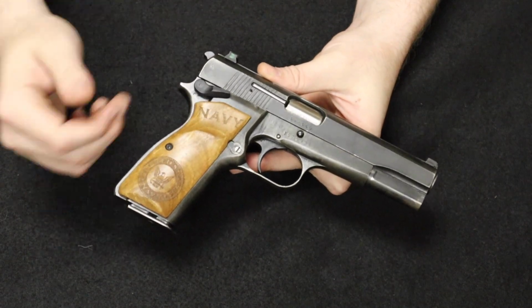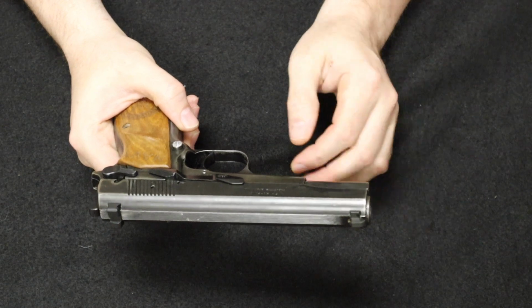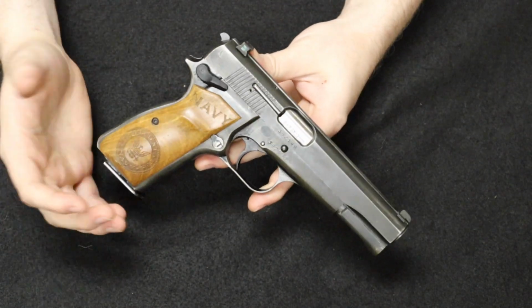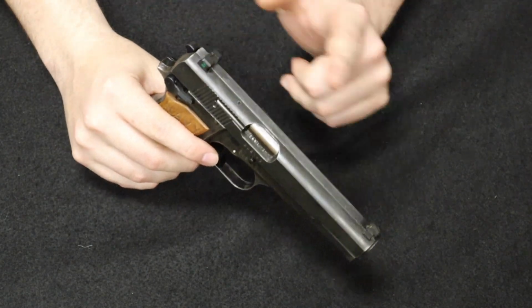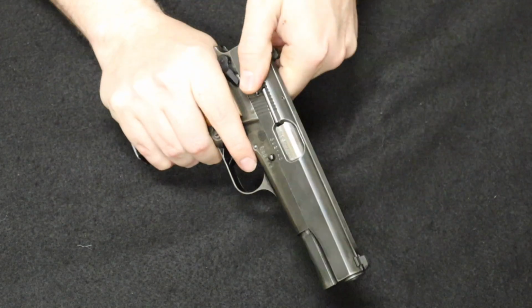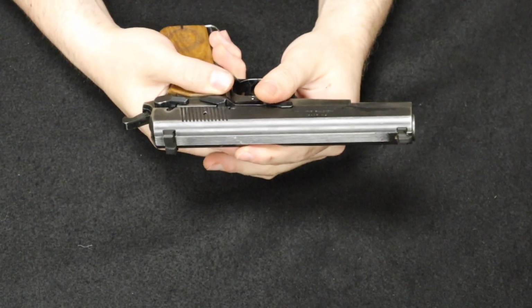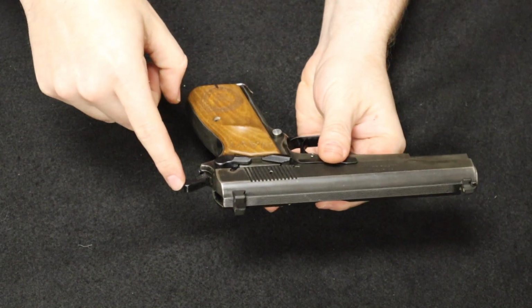Now, this particular one has been gone through and has basically been completely overhauled and turned into more of a target type gun, if you will, or a more modernized firearm. The barrel has been replaced, the sight's been replaced with night sights. It does have this, let's see if I can do this, what's called the RDIH hammer and safety system, which